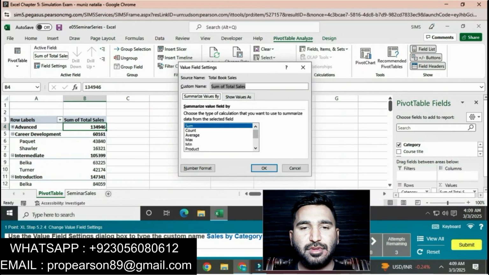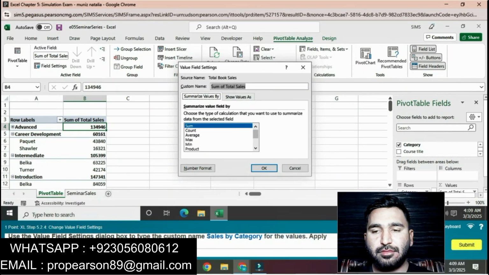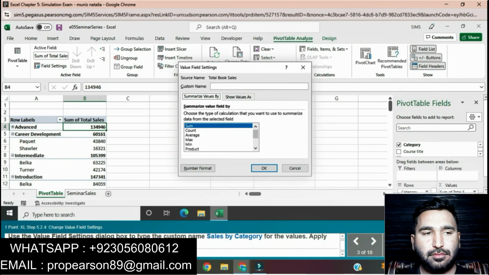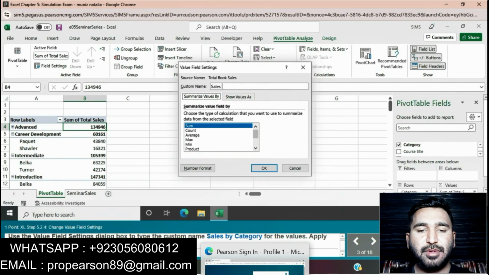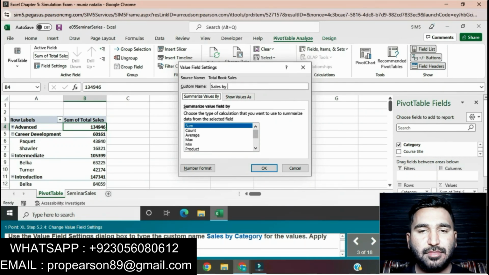Click on Sum of Total Sales, and in the dialog box you can change this name to Sales by Category. Type here Sales by Category.